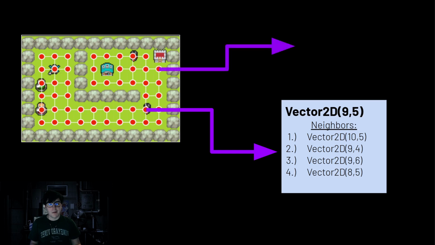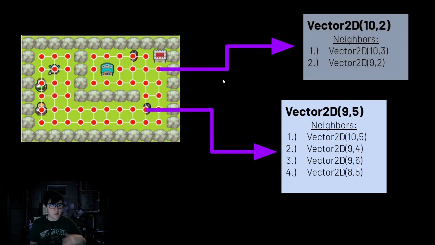Okay, now what about one that doesn't have 4 neighbors? So I'm going to look at this guy up here. Clearly we have 2 edges and not 4. If we were to visualize this, this is a Vector2D at location 10, 2, and it has 2 neighbors this time: 10, 3 and 9, 2. And the reason why it doesn't have a neighbor above it at 10, 1,